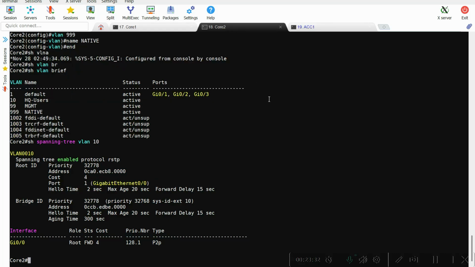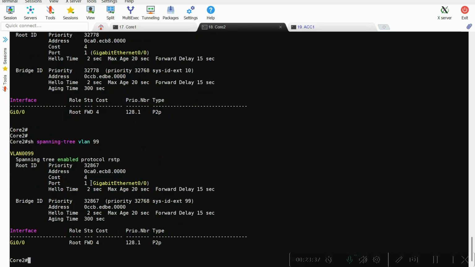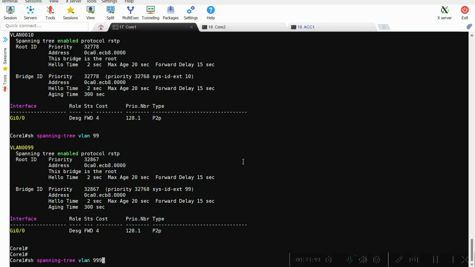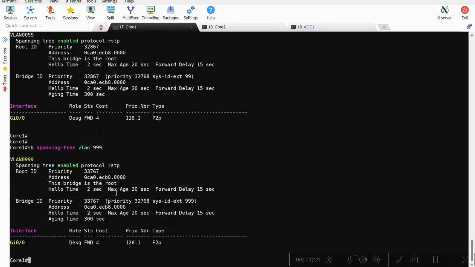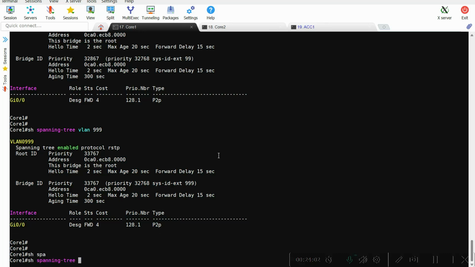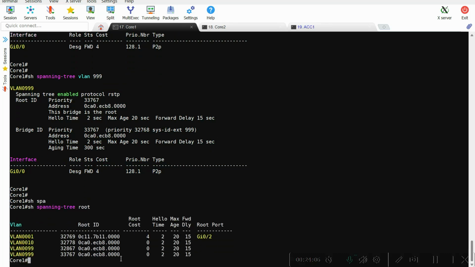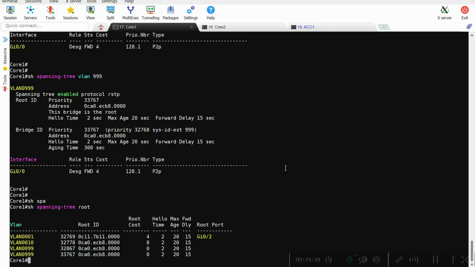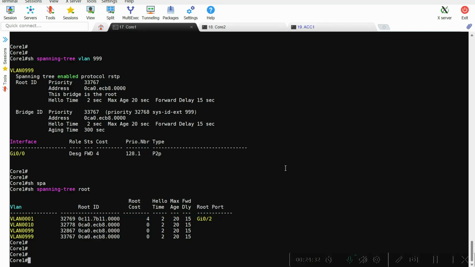So here in core 2, let's check VLAN 99. Same thing: the root is going to core 1. If you check 999 also, the root for all the VLANs is here. You can check like that: spanning tree root, all the VLANs are here. These MAC addresses belong to core 1. So if you check here, you can see the root is going to these interfaces. Now, later when we optimize,